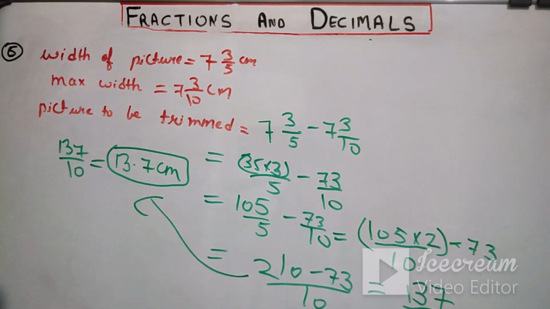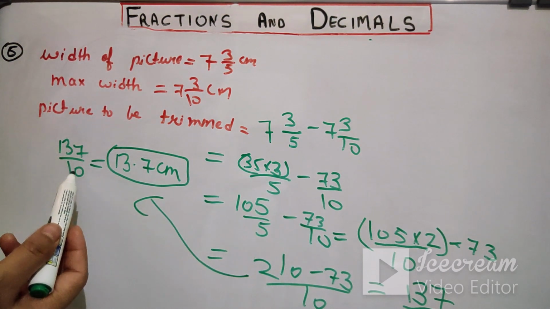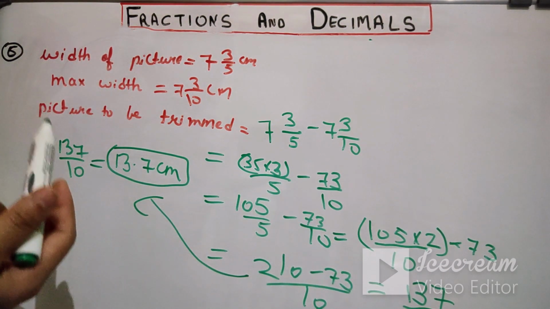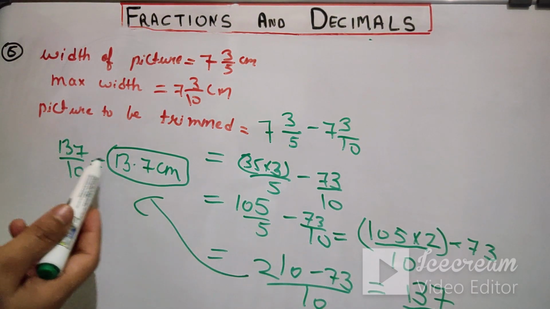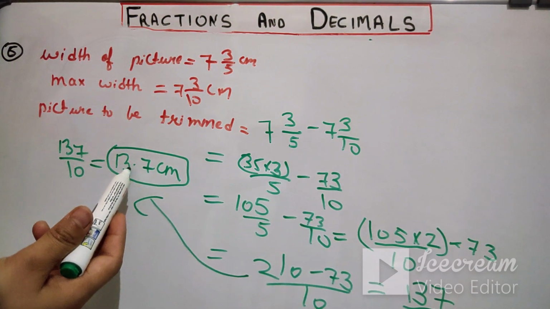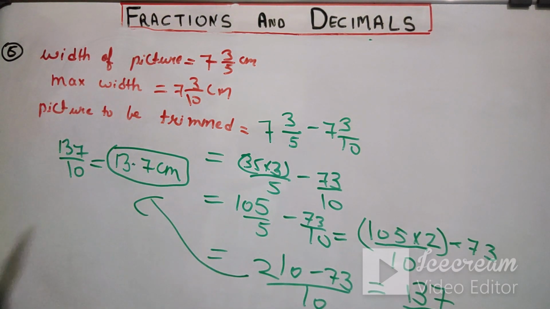Now why has this come, because there is 10 over here, so 10 is here, that means we will place the decimal after one number. Okay, so after one place the decimal we will put, 7 के बाद एक नंबर बाद हमने सीधे यहाँ पे डेसिमल लगा दिया, so 13.7 is the answer. Okay, I hope you understood this question.